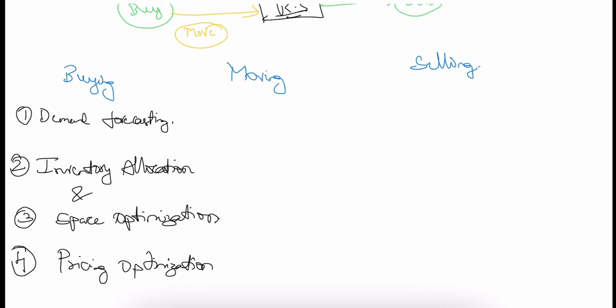Now we have decided what to buy from the manufacturers. Now we have to move it. Say, for example, if we have a centralized DC warehouse, the distribution center also has a space constraint, right? So there also we have to do some forecasting. So DC volume forecasting we have to do,